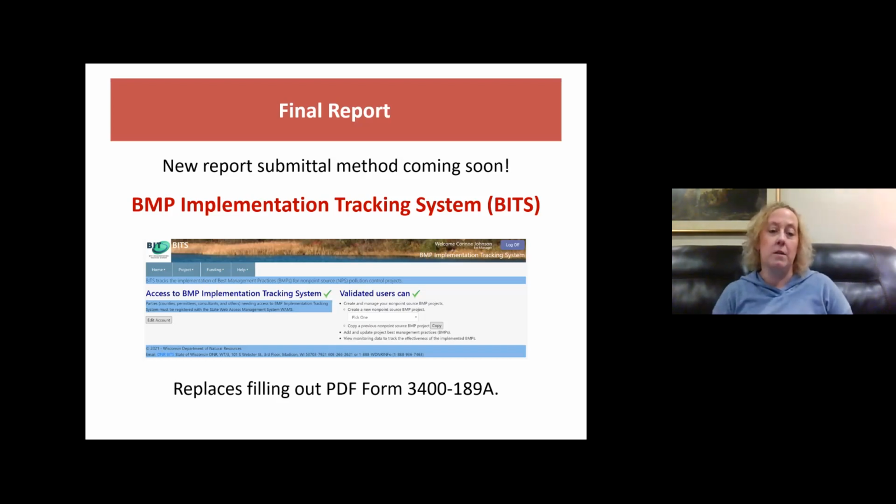The DNR has been developing a BMP implementation tracking system over recent years. Most recently, or actually initially, it was for the multi-discharge variants, and for those of you that are participating in the multi-discharger variants, it's helping with the planning and the implementation of your MDV projects. But again, more recently, we're building a portion of the system to accommodate the final report content for the TRM grants. And so instead of filling out a PDF form